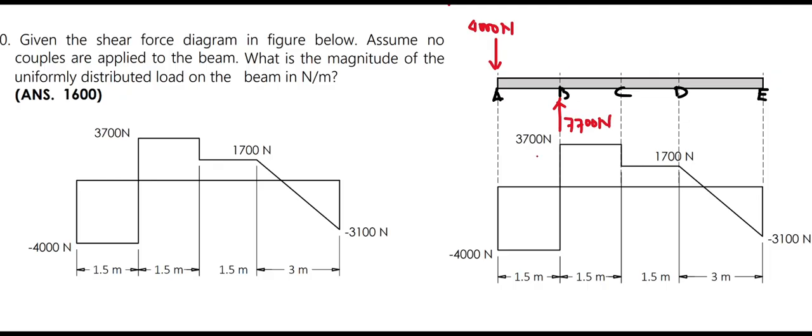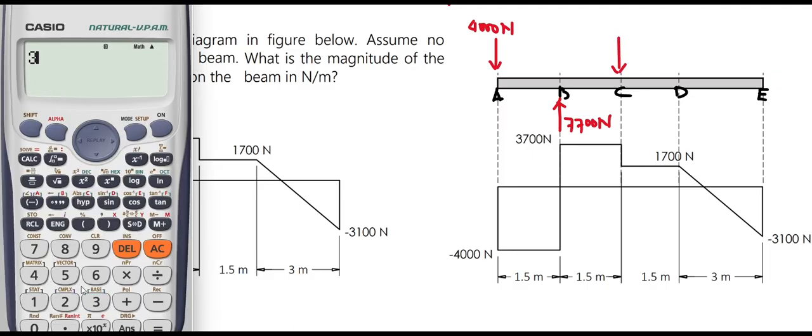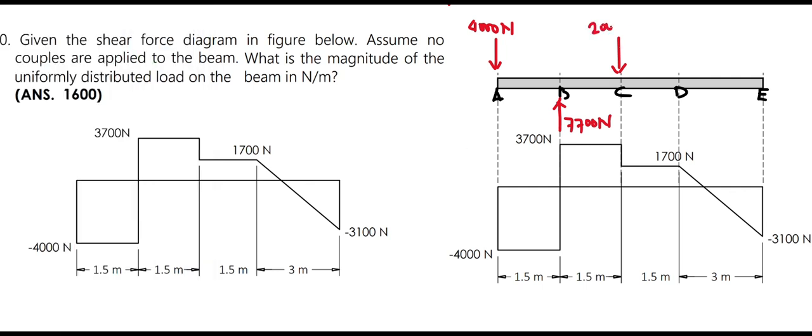Now going from B to C, 3,700 Newton decreases to 1,700 Newton. Therefore, there must be a downward force acting at C that is equal to 3,700 minus the downward force, let's call this X, that will equal 1,700 Newton. And that unknown force is equal to 2,000 Newtons. Going from C to D,